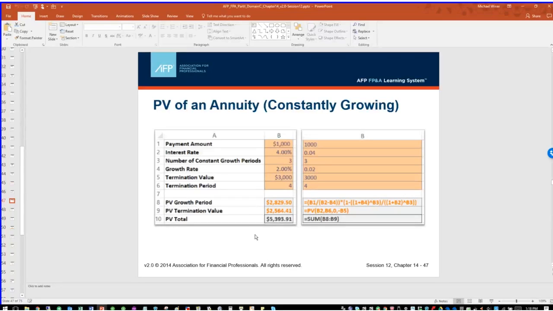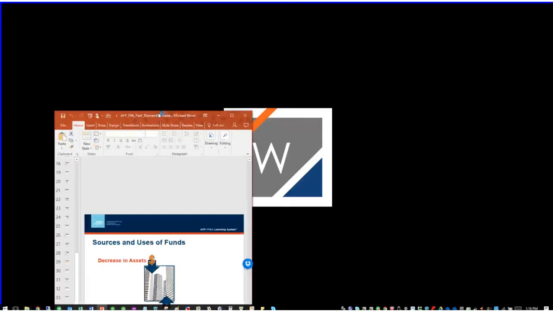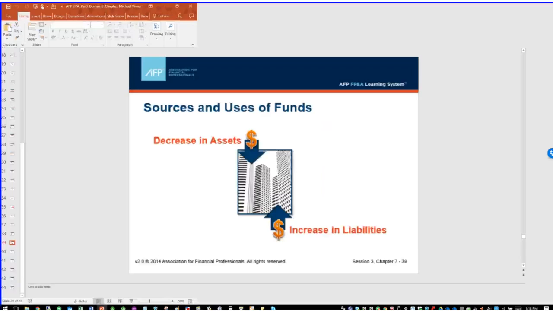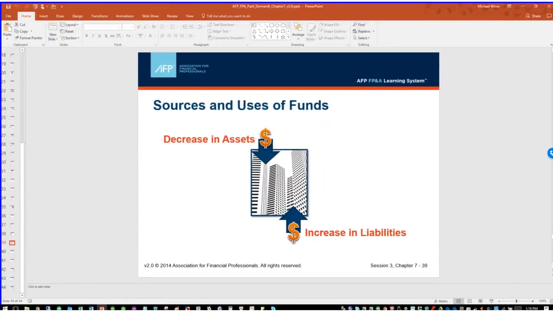Okay, so that's how you do the present value of an annuity constantly growing. Someone wrote that this was a challenge, and so I just wanted to make sure we covered it. Okay, so that's what's going on there. Both of those are fairly quick. In fact, we covered them in 3 or 4 minutes. No, in 10 minutes. This last topic will take longer. Most of the rest of our time.